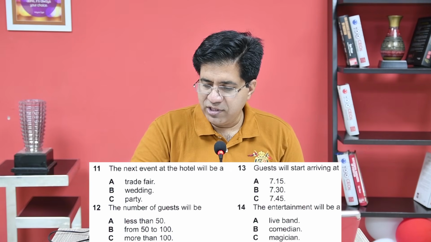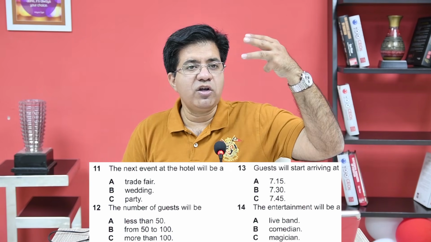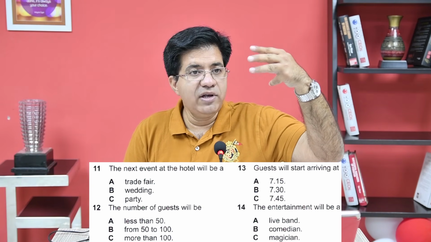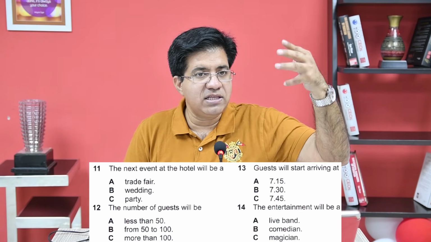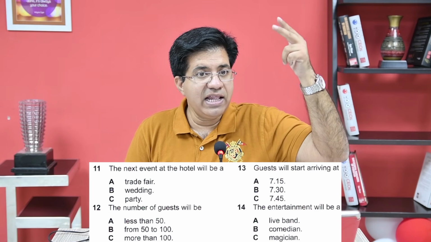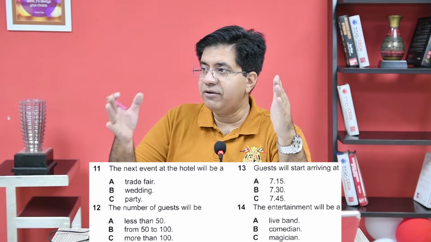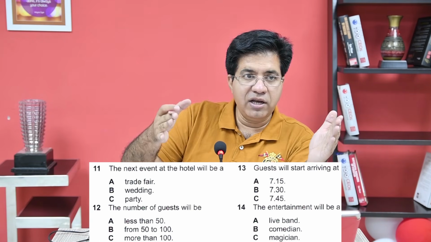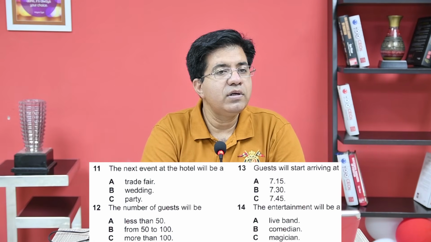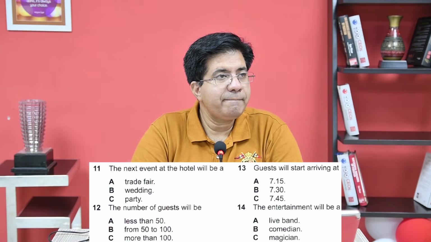So let's see. Question number 11, please. And one more thing. A, B, C, 3 options. These options will not be discussed in order. They will not speak about A, then B, then C. They might start from C, then they will go to A, and then they will come to B. An answer may appear anywhere. It can be the first option they discuss, the middle option, or the last option. Okay? So let's see. You will hear a hotel manager talking to her staff about the arrangements for an event